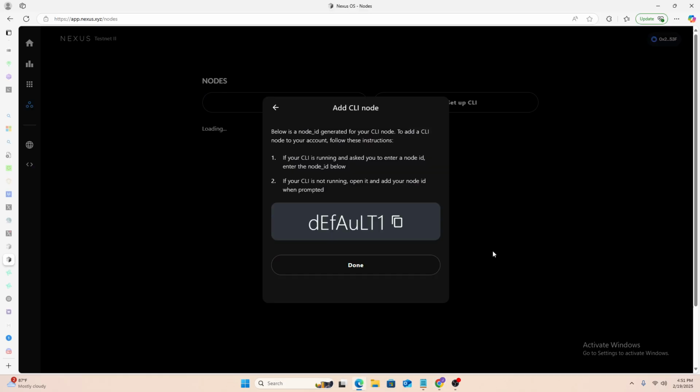But there is a delay with this. So the recommendation from Mintair is to keep checking until your node ID becomes available, but don't submit this to Mintair. Now, if we go to Twitter